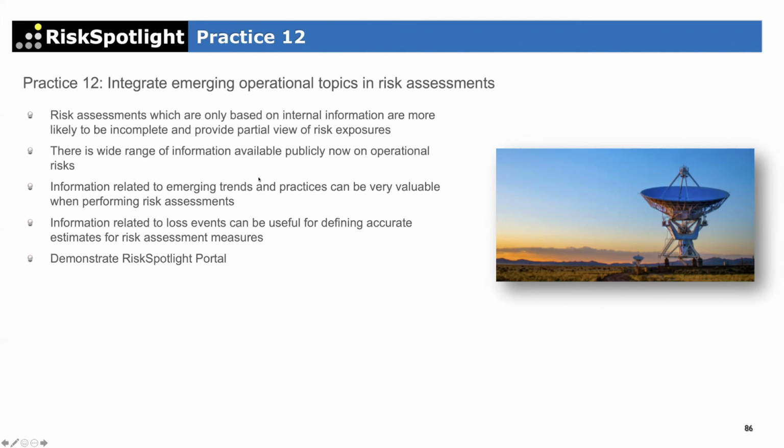So in this case, there is enough information available publicly now on operational risk. Whether it's ransomware, pandemic, or money laundering, on a lot of operational risk there's a lot of information available outside on the internet. But the challenge is that the first line, when they're doing the risk assessment, don't have time to go and Google what's happening on online banking fraud risk, because they hardly have time to finish their assessment based on the internal information. They don't have time to then go and Google what's happening on money laundering, what's happening on ransomware risk.